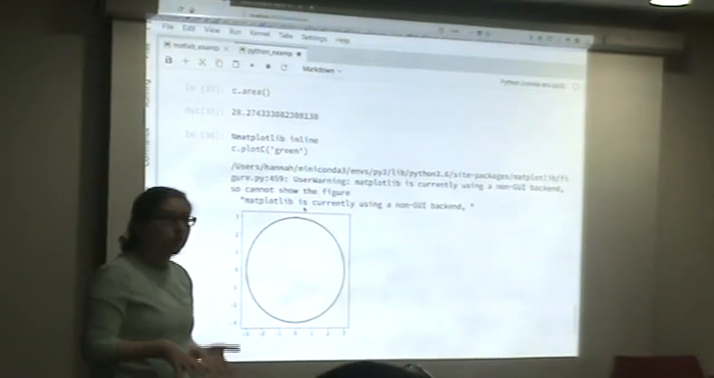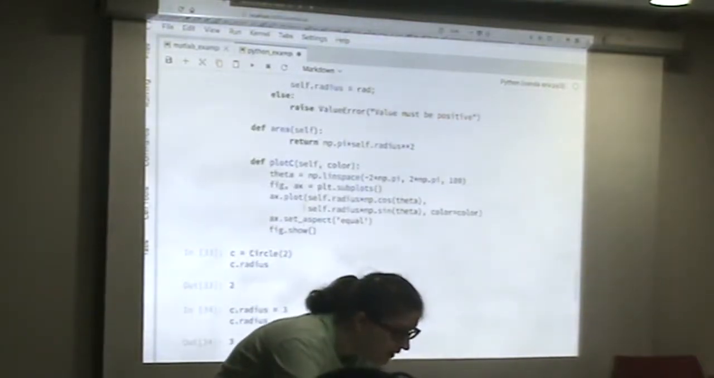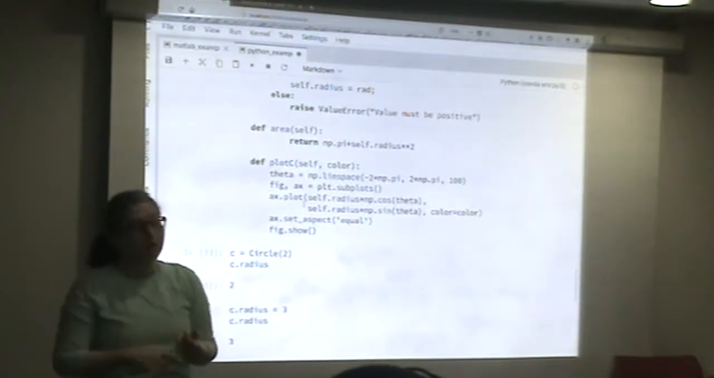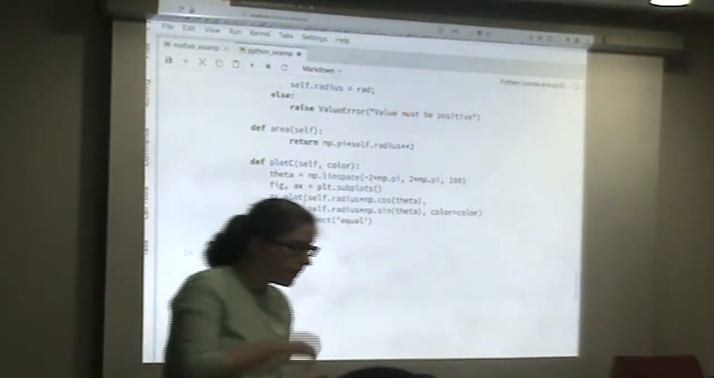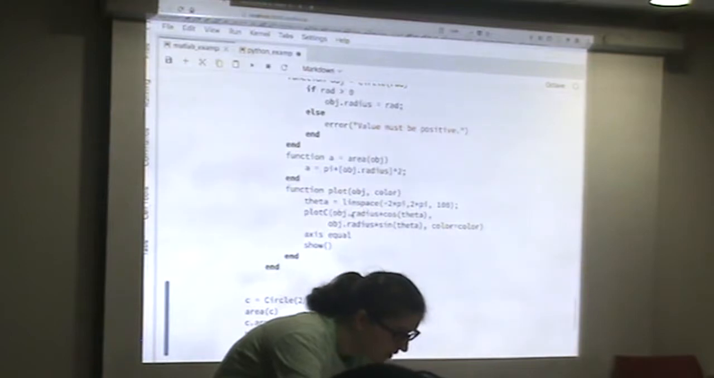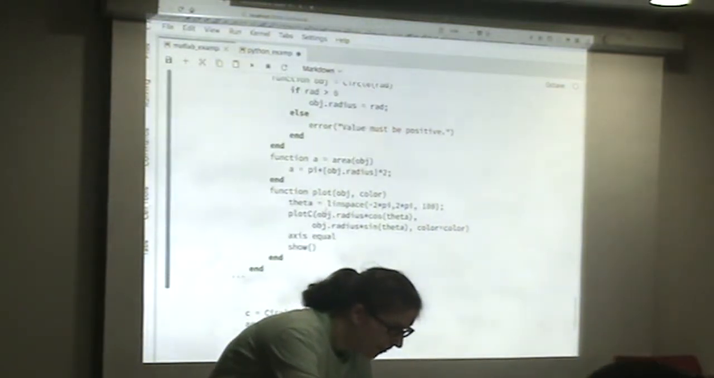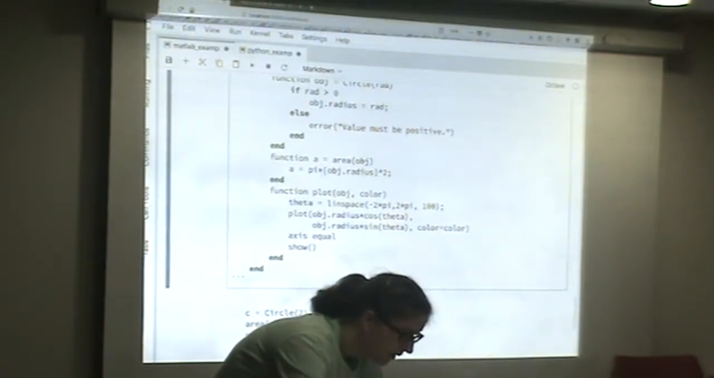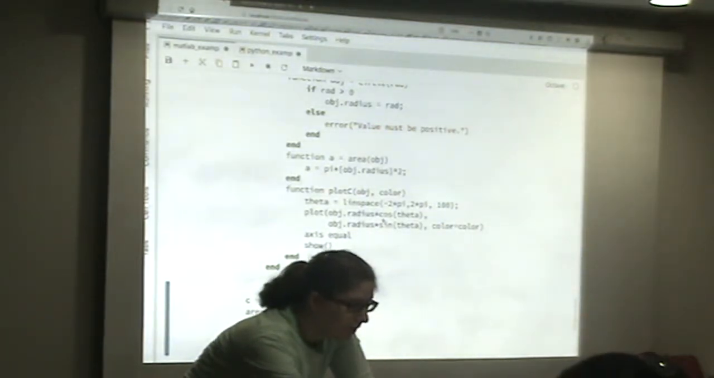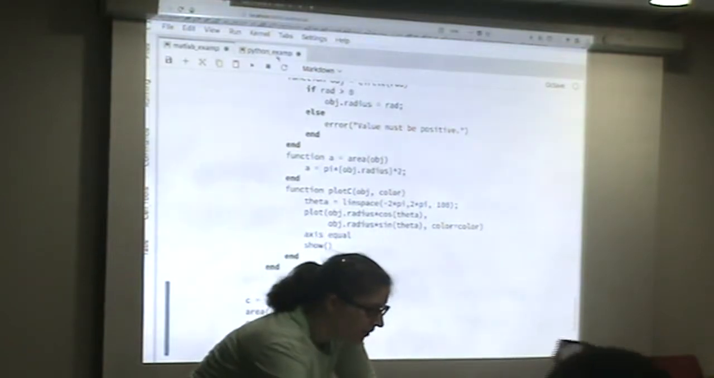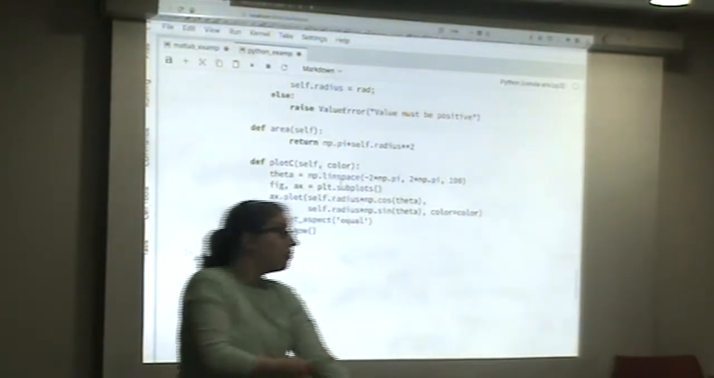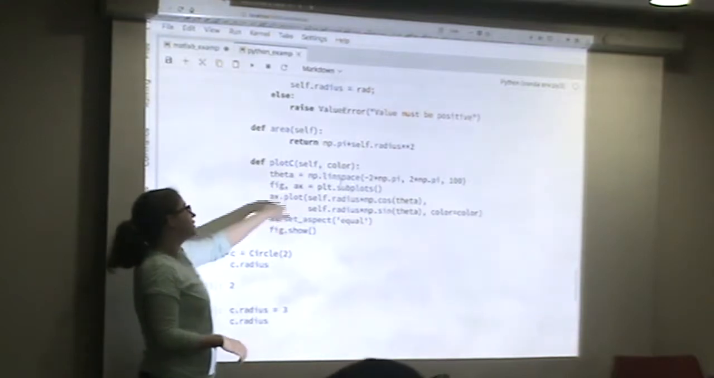Plotting looks basically the same. We plot using the plot command. We pass in the x, the y, the color, marker, width, etc. Again, we're just plotting the object radius. And again, cosine and sine are built into Matlab, and in Python we need to grab them from the NumPy library. The other big thing is, this is showing the object-oriented way to do plotting,